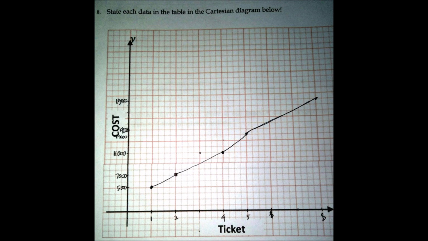So, for number 10, y1 over x1 is not equal to y2 over x2, because we find the ratio of this